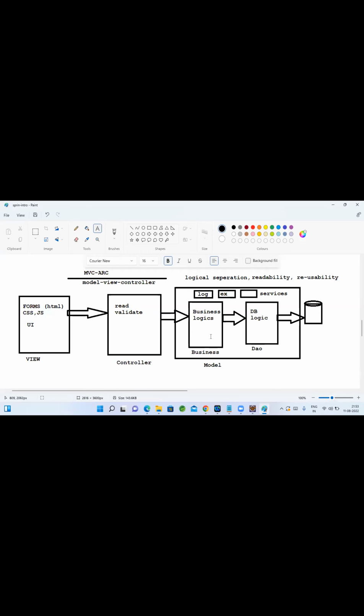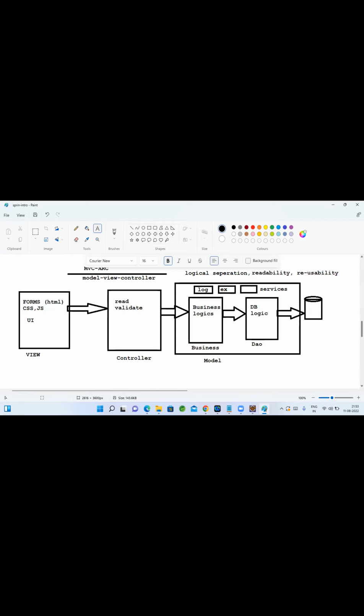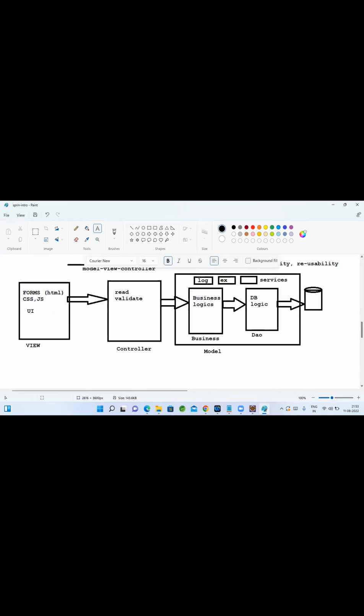And business logic, you should write separately so that in future, if you want to change only the business logic, you can go to that particular business component and change it. DB logic, you need to write separately so that if DB changes are required, we can go to that particular code and make the changes. So this is the standard pattern that everyone follows. Internally, there are again other patterns that we follow on top of this. We'll discuss them at a later point of time.